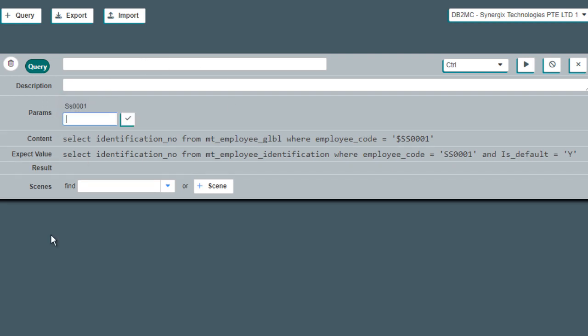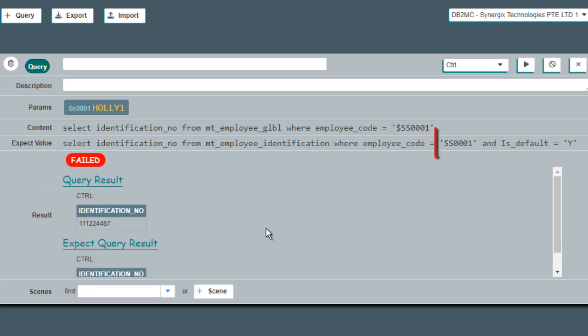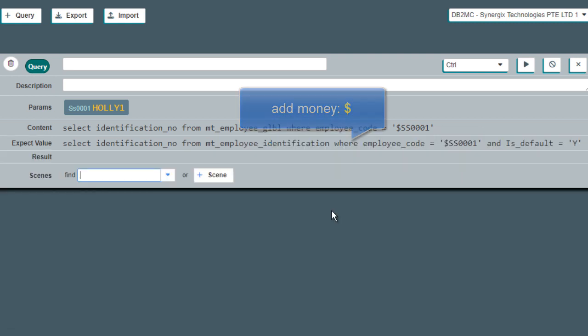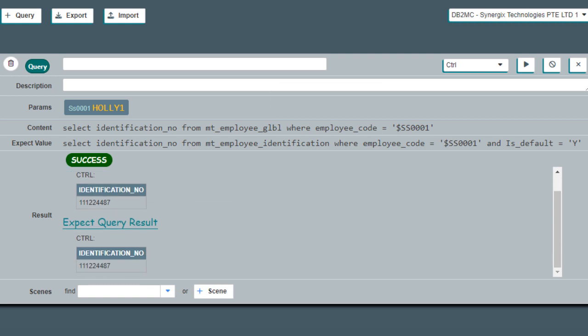We can edit this input. Example, I set it to holy one. Run. Failed, because at expect value the ID is being checked with employee SS0001. Now I add a $ sign like I did with content. Now run. Success. So that's the way you create and assign values to parameters to help reduce the effort